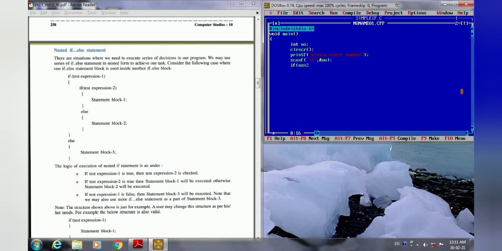Why are we using the modulo sign instead of division? If we use division, the remainder value will not come. It will show you the quotient. So here you have to use the modulo operator to get the remainder value.